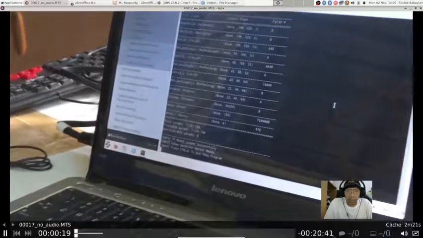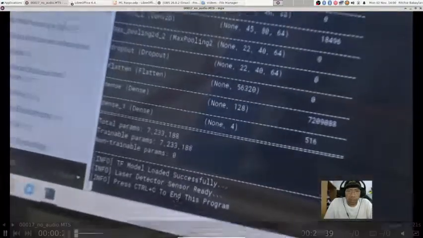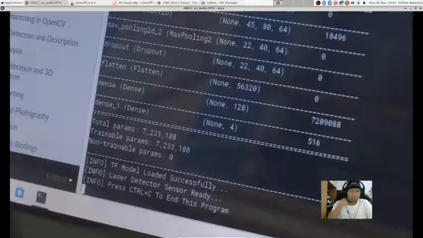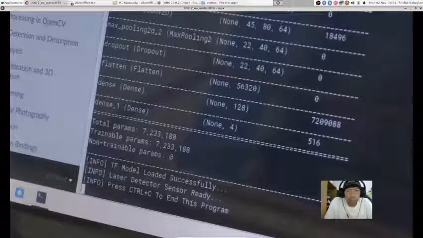As you can see, the status there is that the TF model loaded successfully. TF stands for TensorFlow. Then the laser detector sensor is also ready. Pressing Ctrl plus C is just a way to end this program, because I put it in an infinite loop. By the way, the TF model that we loaded, I trained this model not using a Raspberry